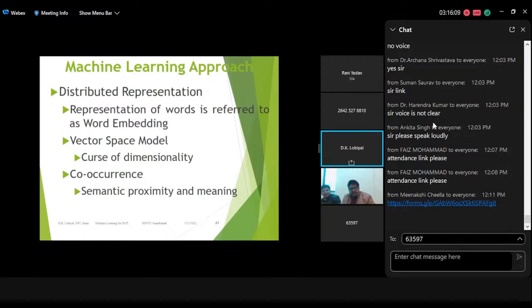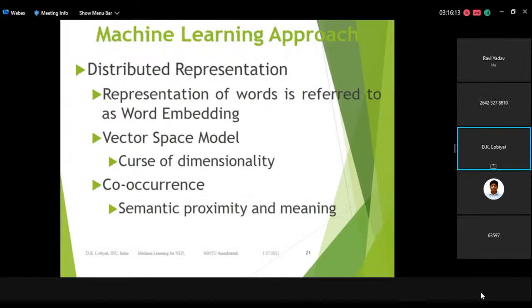Important part here is now in machine language you need to know how to represent the words, and this representation is called a word embedding. With embedding we make a vector space model, and every word can be seen as a vector, right? If I make a two-dimensional space, then I say each word is a vector,